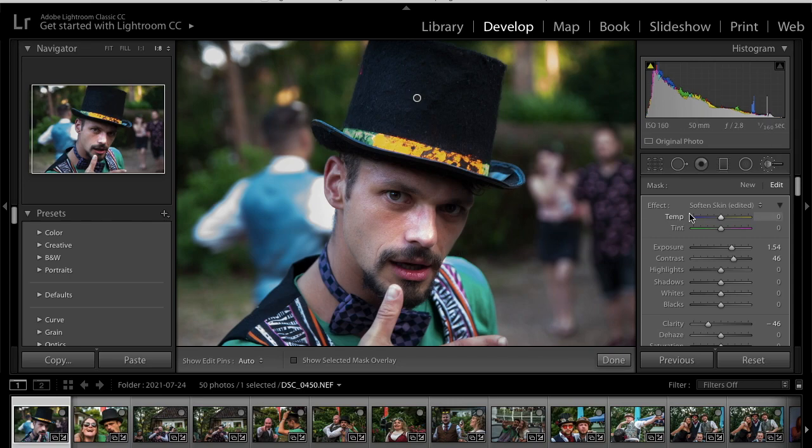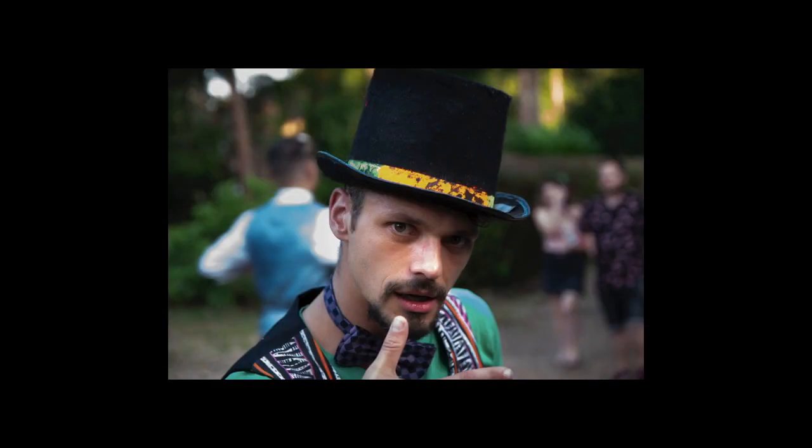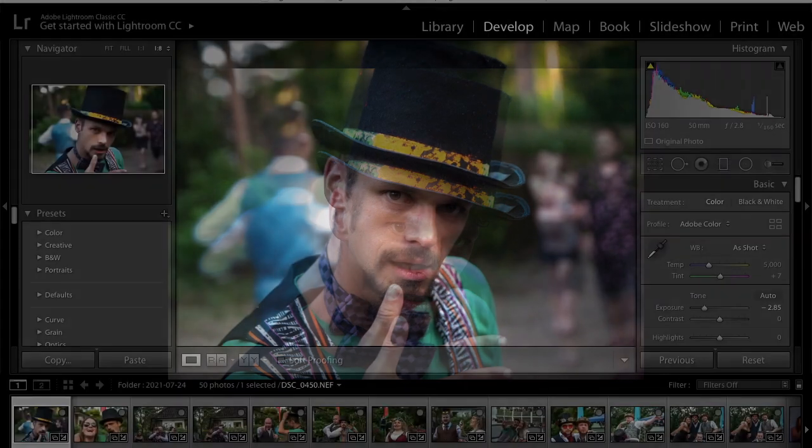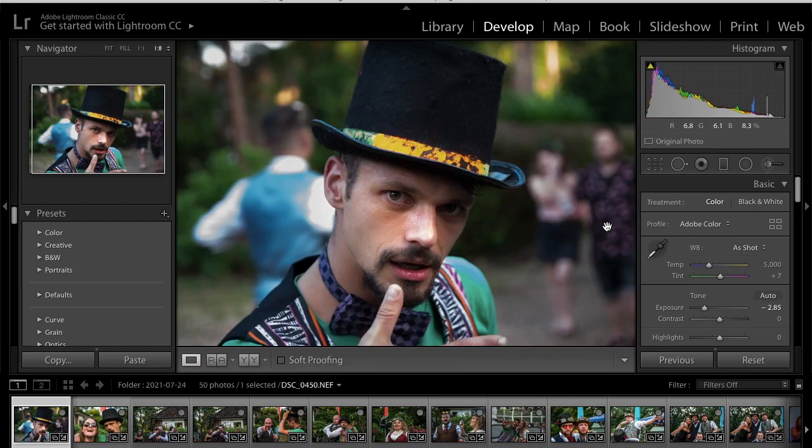The face looks quite cold, so we could increase this temperature, make it a little bit warmer, maybe something like this. So now, as you can see, there's much more focus on the person in the foreground as opposed to the background now. And if you look at the original and the new picture,